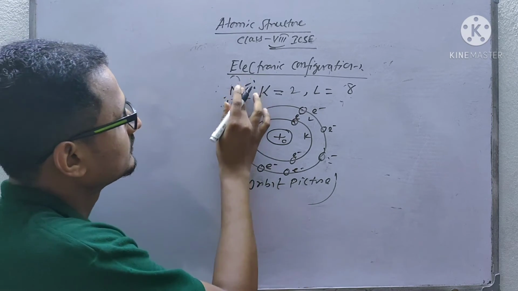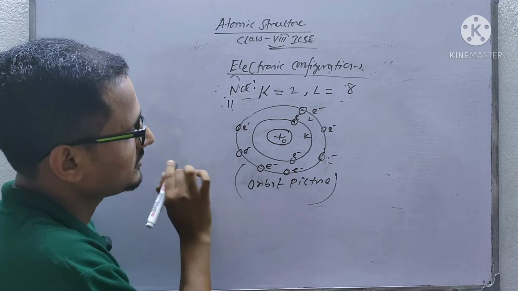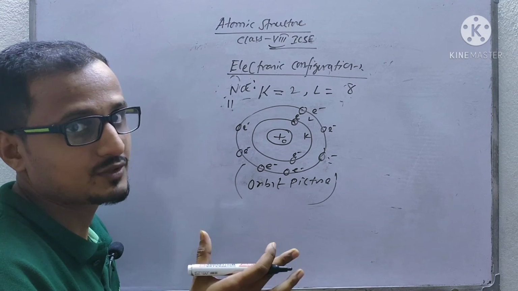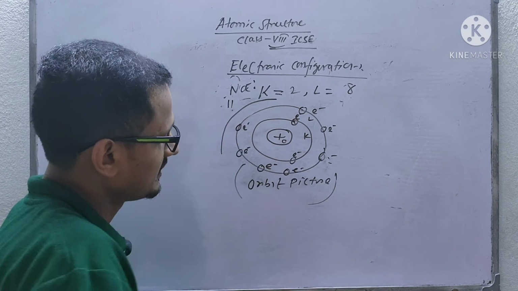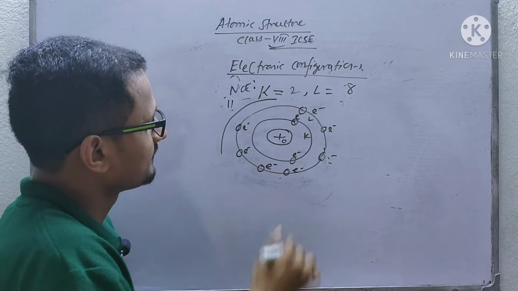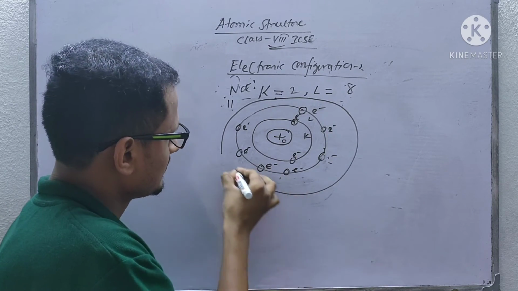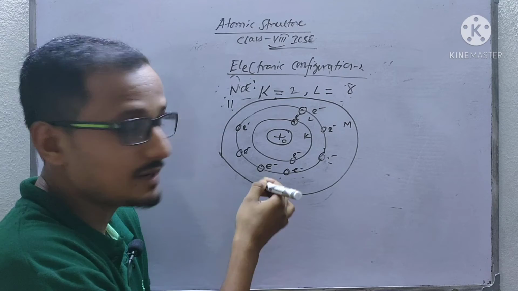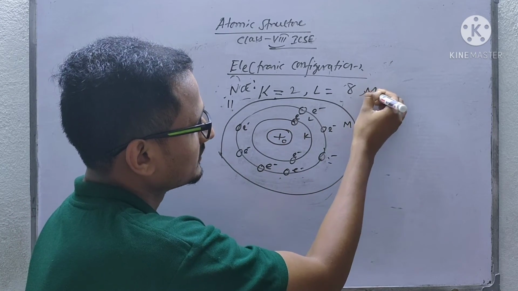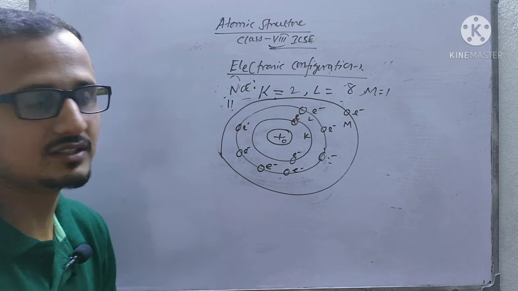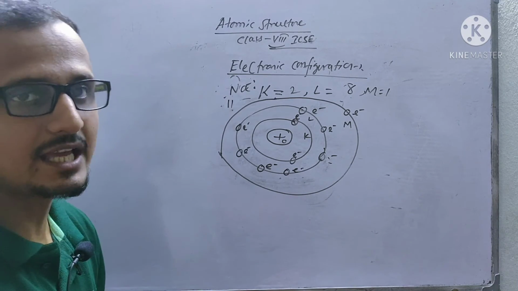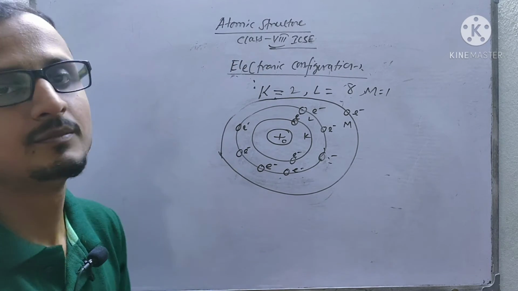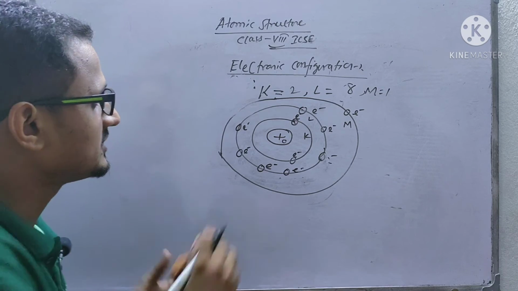Okay, now sodium having 11 electrons. So in L orbit the highest number of electrons can be 8. So you have to draw another orbit, and it is M orbit. So what is the electronic configuration of sodium? K2, L8 and M1. 1 electron in the M orbit. Okay, likewise you will draw, and this can be done up to your argon.